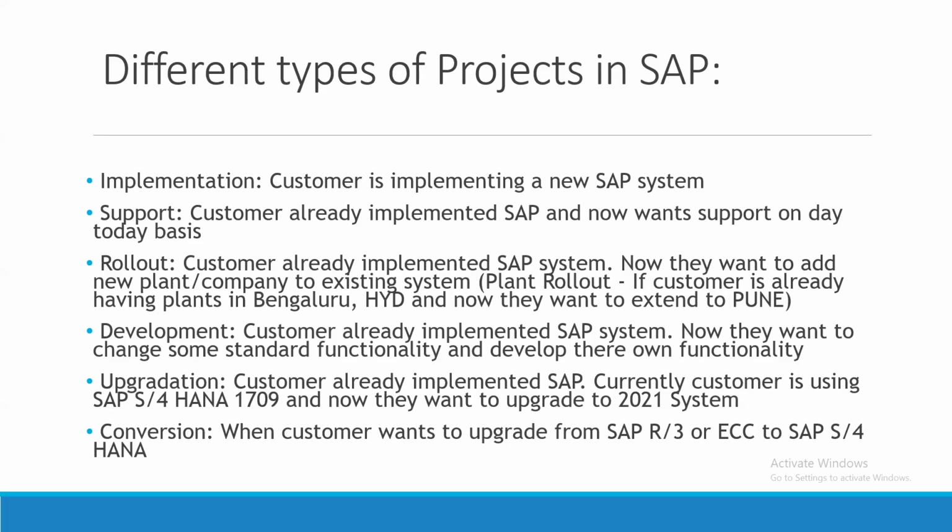Such a project, wherein the client earlier was using different software and now wishes to switch to SAP as a new system, we can call an implementation project, which means we can do that implementation with the help of